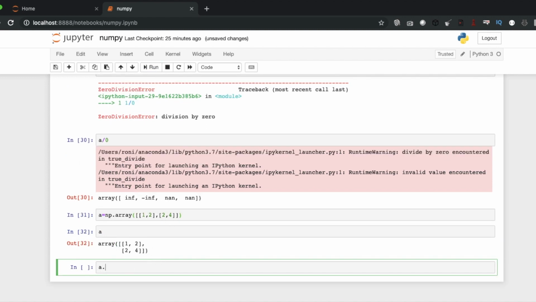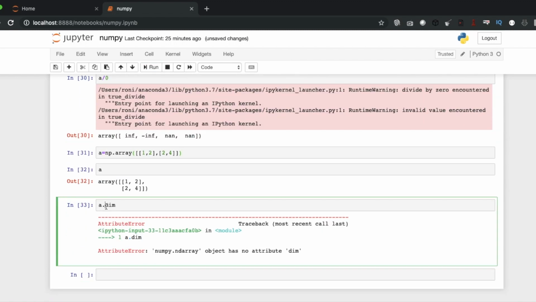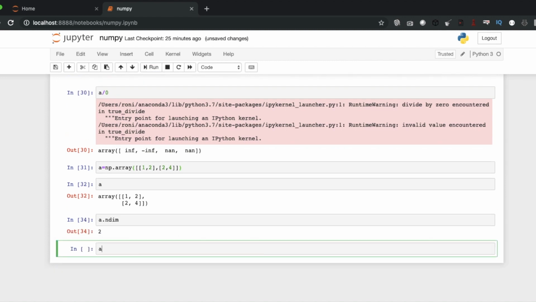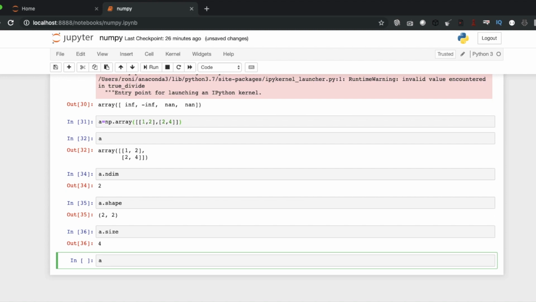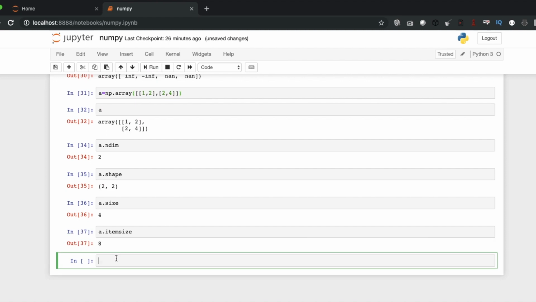So if you can see that a.ndim, sorry, it will be ndim. So 2-dimensional. a.shape will be 2 by 2, like axis 2 and column will be 2. a.size will be again 4, a.itemsize, so 8.